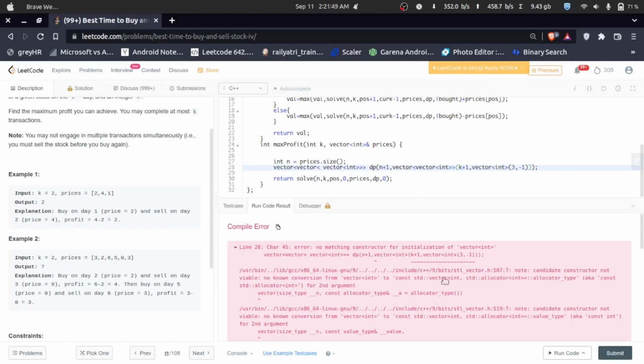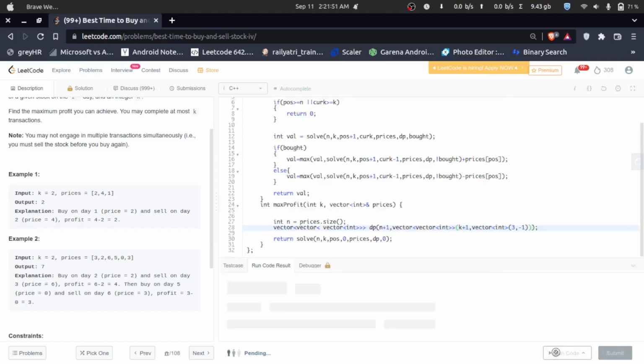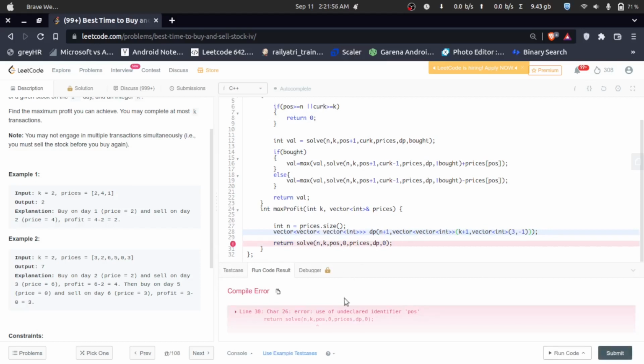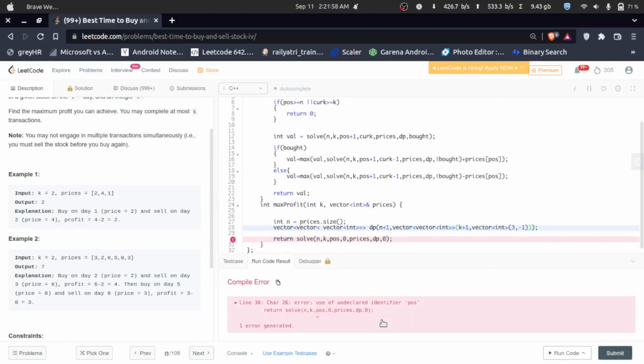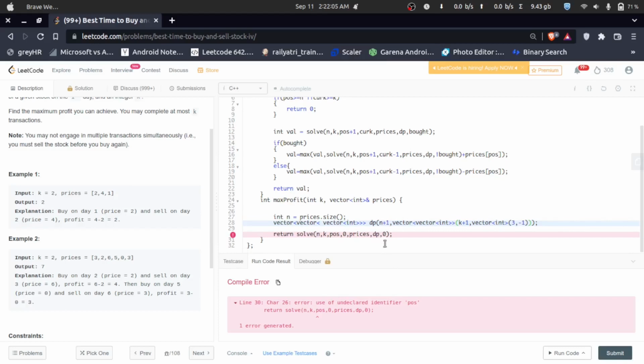Yeah, that is why that is occurring. Okay, that is not an error right now, so we'll have to pass that one. Position, position, yes, okay, that will be in starting, that is 0. Okay, current k value will be